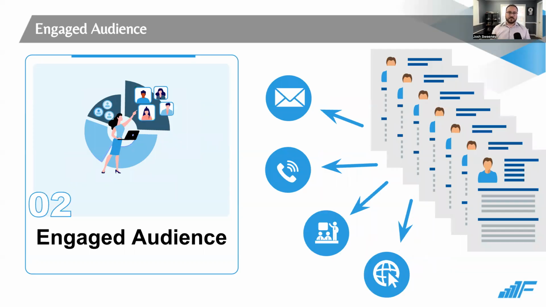Scenario number 2. Lead generation can also work well if you have an engaged audience. An engaged audience is a list of hundreds or thousands of people that have consistently engaged with your brand. They've been to your website, they're on your newsletter, they've attended a webinar, they've engaged in multiple other ways with your brand, all generally because your marketing team has done a fantastic job staying in front of your ideal customer, usually over months or years.